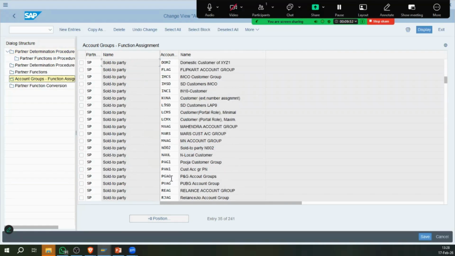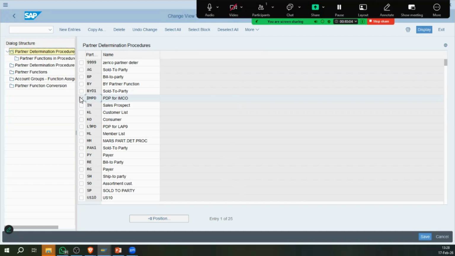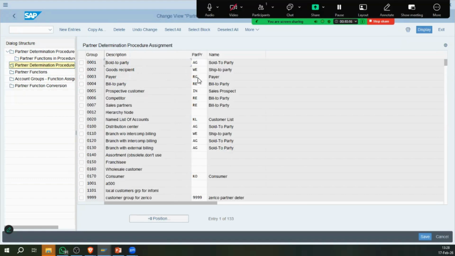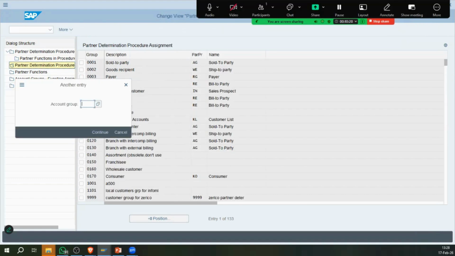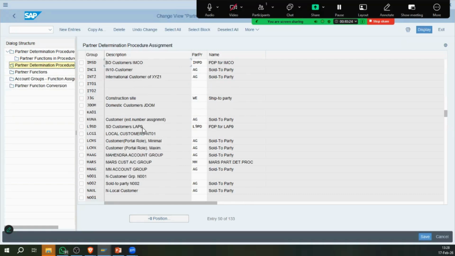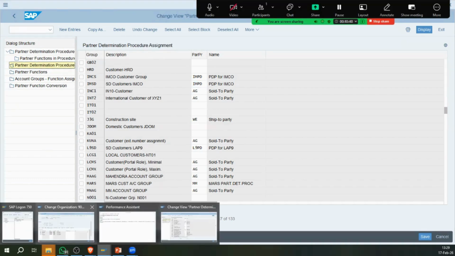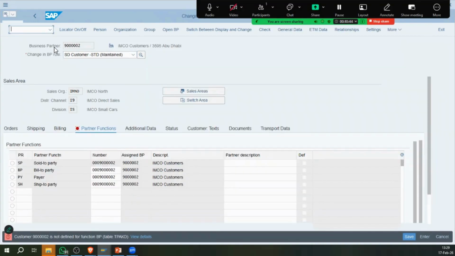SD, IMCS, customer account group. CSSD, CS SD. One group SD IMPD, okay. And we should have another IMPD. Now, IMPD and IMPD will have that hierarchy. SPBT, PYSH. Okay. Now, what we do is